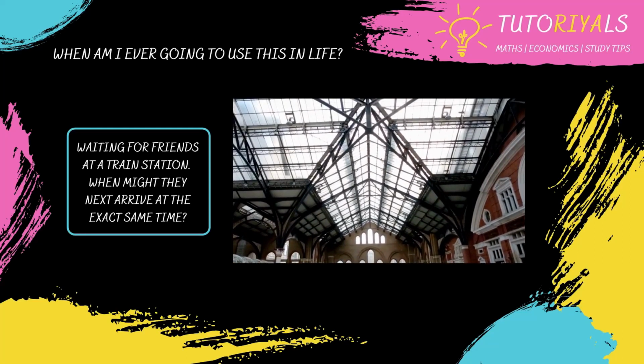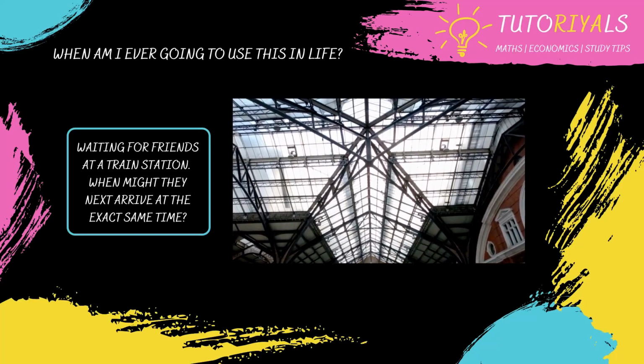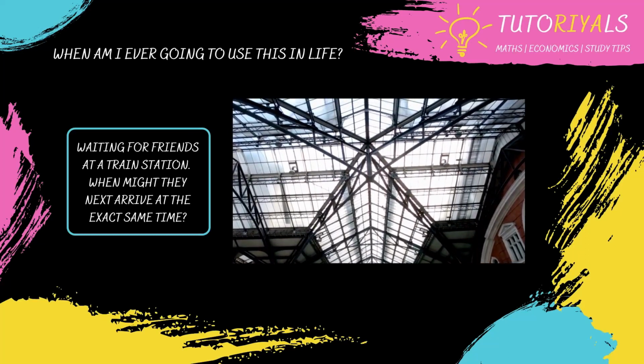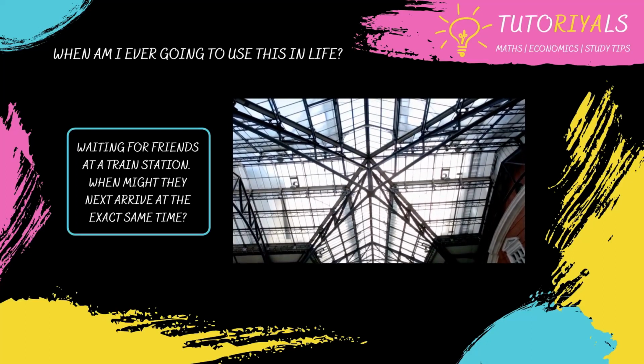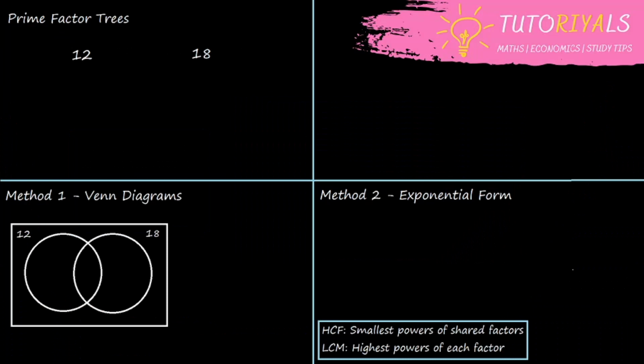One of your friends is taking the Jubilee and the other is taking the Met. How long will it be before they may possibly arrive again at exactly the same time? To do this, we can find the lowest common multiple of 12 and 18. So let's do this! Now, regardless of which method we choose to calculate the highest common factor and lowest common